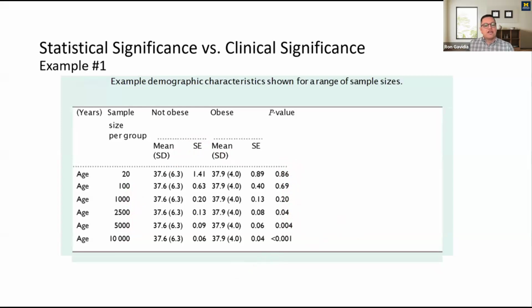So it is very important. As the sample size increases, we have a narrower and narrower standard error, which means it is more precise. And we also have the p-values getting smaller and smaller until we finally reach